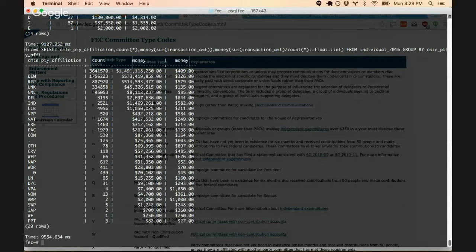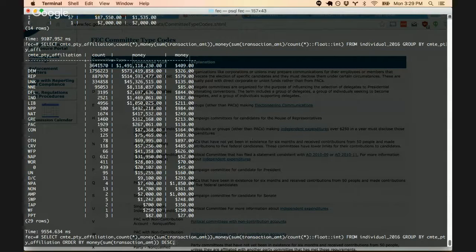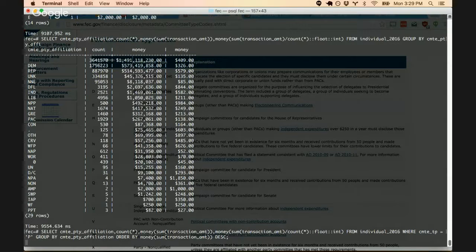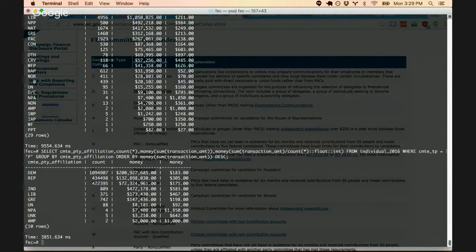Let's take a look at just the presidential campaigns and see how this looks. So I'm going to put another where clause on here. What was that? It was committee type equals P. That's going to significantly reduce the amount that we're seeing here because these are direct authorized presidential campaign committees. Cool. So you can see the Democrats have pulled down $200 million directly to their presidential campaigns. So I have no idea how much O'Malley was able to raise in his brief time there, but that's split between Clinton and Sanders. Republicans have raised 132 directly to